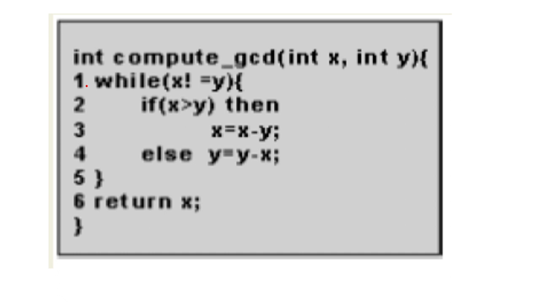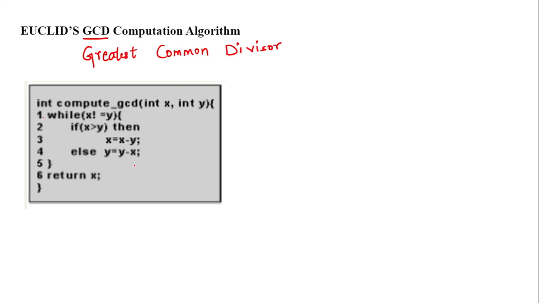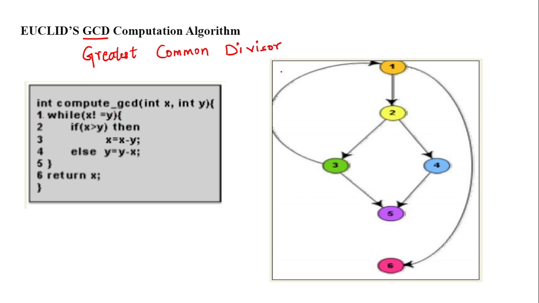So as you can see, statement 1 is a while condition, है ना. while में तो अब while को आप लोगे कि नहीं डिसीजन ट्री, डिसीजन नोड की तरह. तो सबसे पहले लेट्स गो विद दिस फ्लो, ठीक है. 1 के बाद क्या है कि while x is not equal to y, if, तो 1 के बाद we went to 2, that is if x is greater than y. जैसे if आया मतलब कि conditions आ गई. So if x is greater than y, then x equal to x minus y, that is statement number 3.